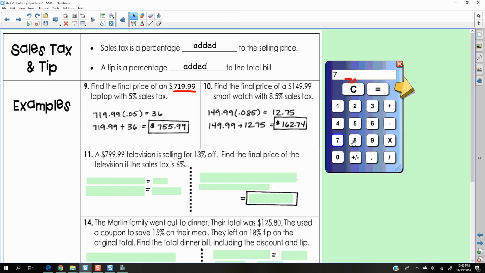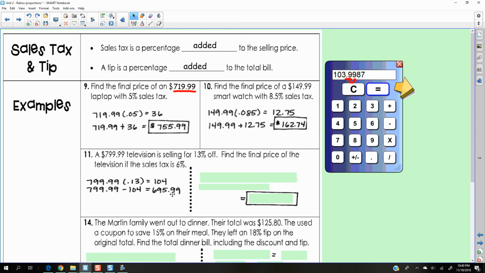So here we have $799.99 times, remember we're always going to times it, times 0.13, and we get a discount of $103.99. So we're going to make that 104. We're going to round that to 104. Okay, see that? So now we're going to take the $104 off of the $799.99. And so now the selling price is